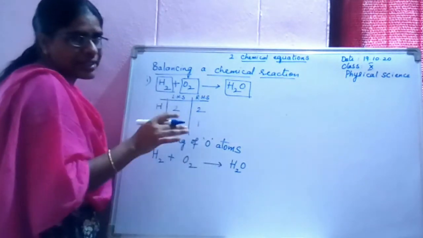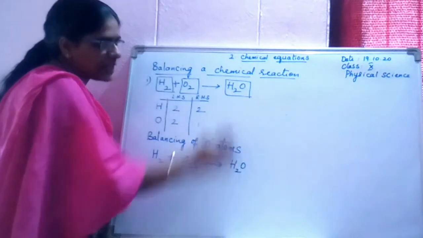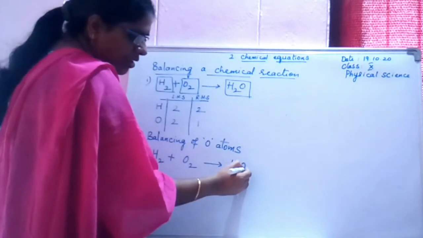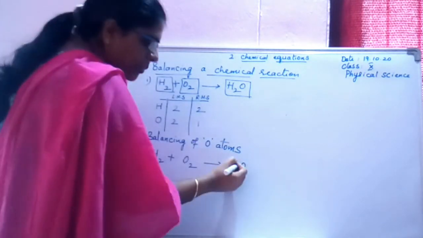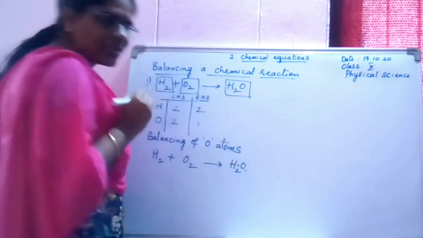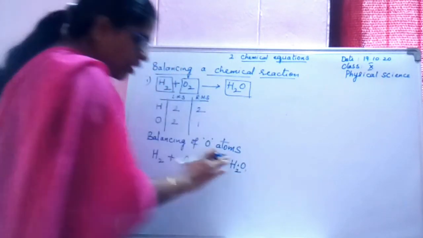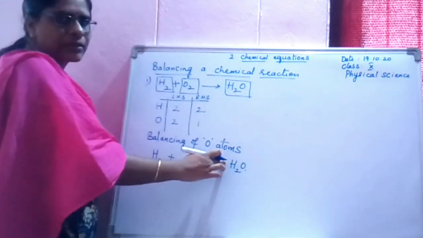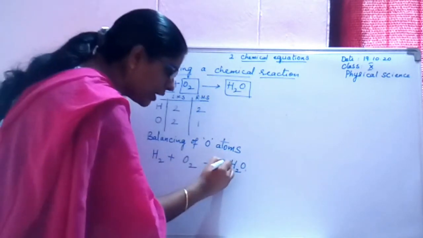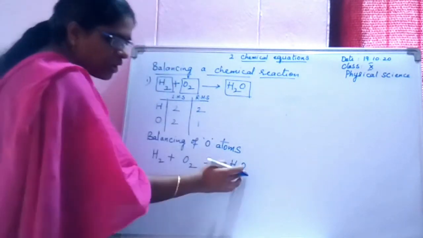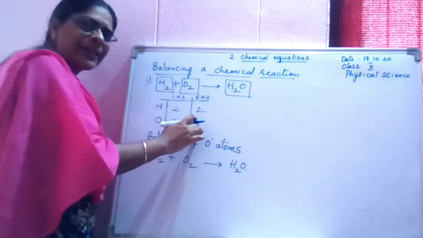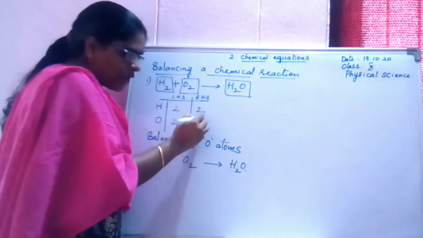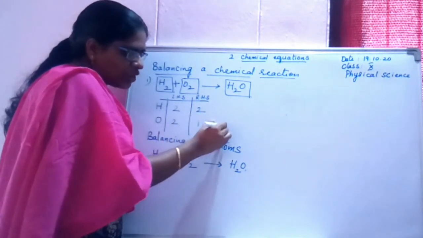Here, what I said, you must not change any number inside the box. I want 2 oxygens. Here, already 1 is there. In between H2 and O2, you are not supposed to write the number. Only before the compound, you can write the number. If I keep, how many do I need? 2. With what number if I multiply 1, I will get 2? If I multiply 1 with 2, do I get 2?